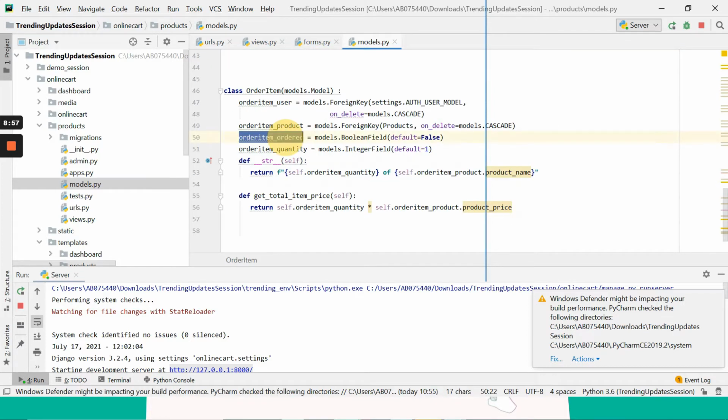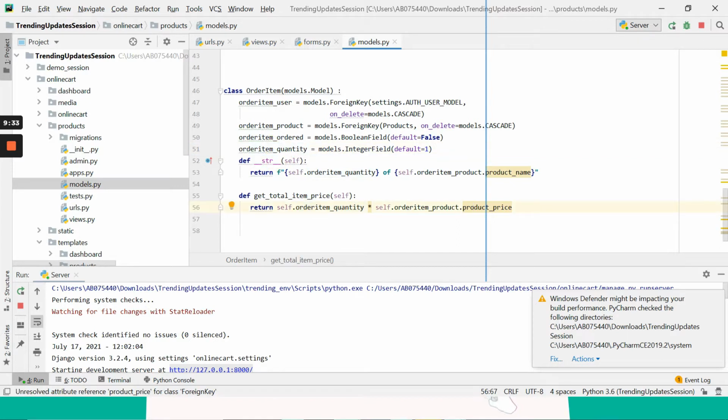And then apart from that, we are checking if the item is ordered. So we will have a boolean field, defaulting to false. If the item is ordered, we don't have to worry about it. We are not going to show it in the cart or orders, so we are taking only the items that are not ordered. And order quantity: suppose you want to add 2 quantities of the same product, say 2 kgs of the same ladyfinger vegetable, you can add it like this.